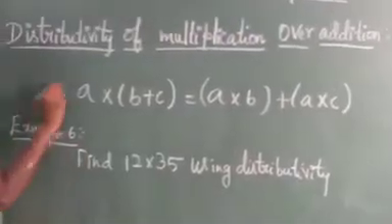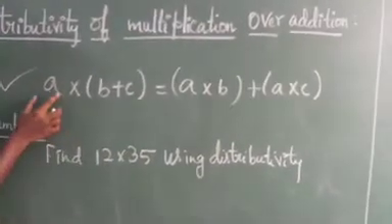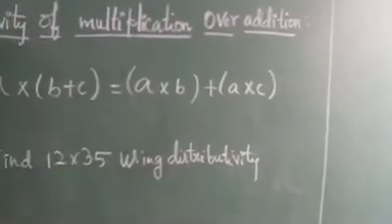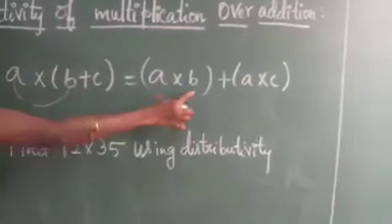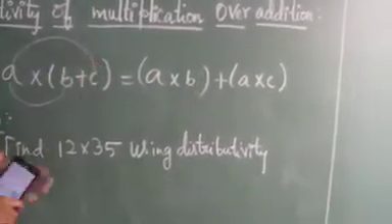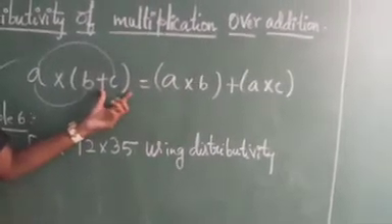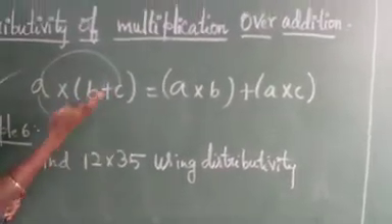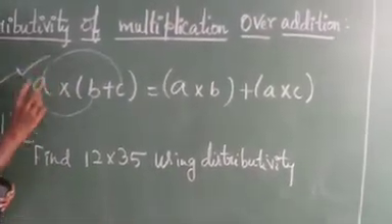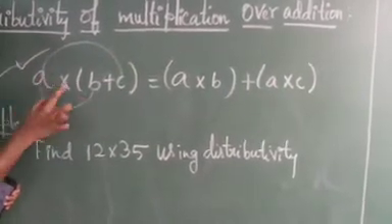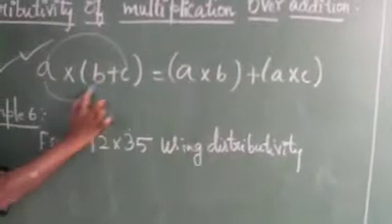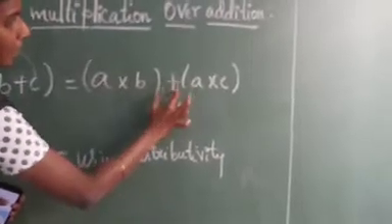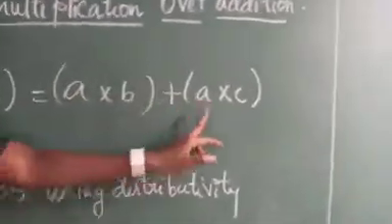This is the general form for the distributive property, that means A into within the bracket B plus C is equal to, first you have to multiply A and B, so A into B plus A into C. This is the general form for the distributive property, and this is the condition for it. For whole numbers, natural numbers, integers, this is the main and general form. So A into B plus C is equal to A into B, which becomes one bracket, and between A into B and A into C the main operation is addition. So A into B plus A into C.